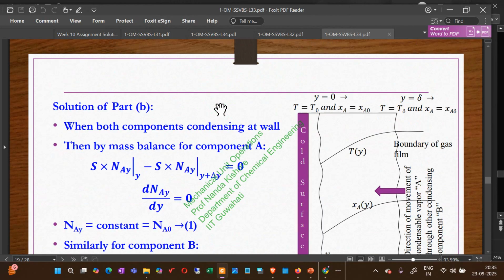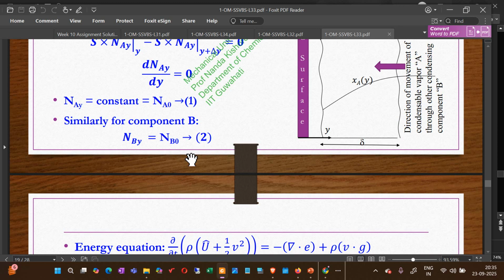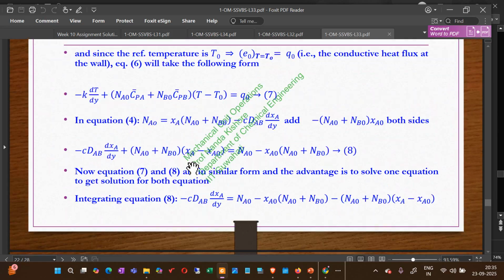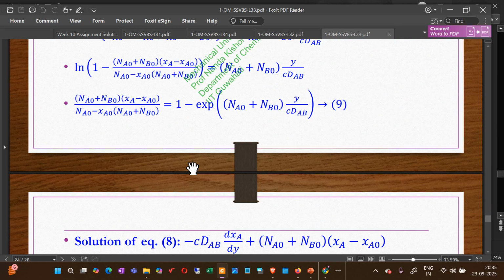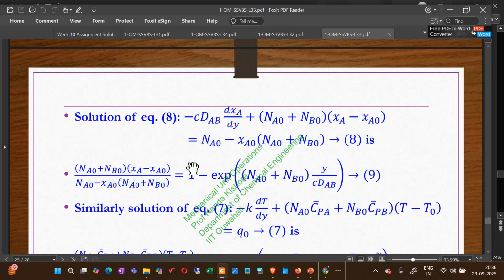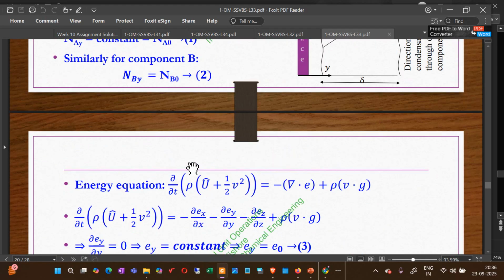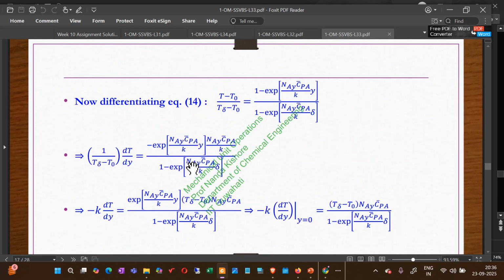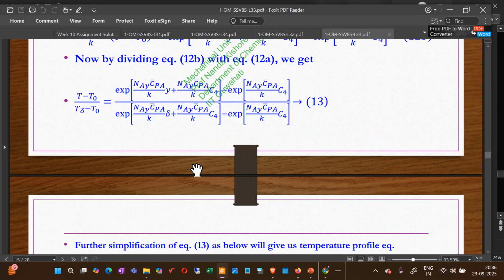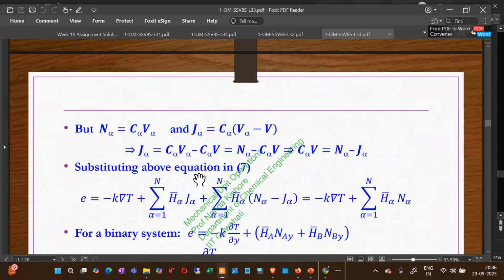Here, if you see, this is the direction of the movement of condensable vapor A through the other condensing component B, and the main point is the ratio of the transfer of heat in the presence and in the absence of mass transfer. Okay,